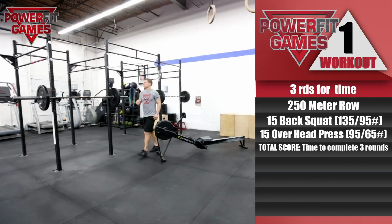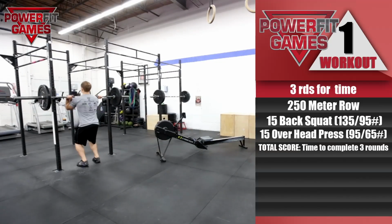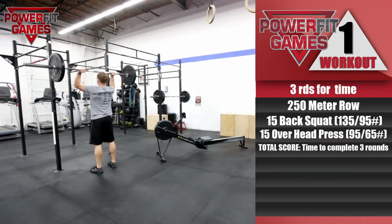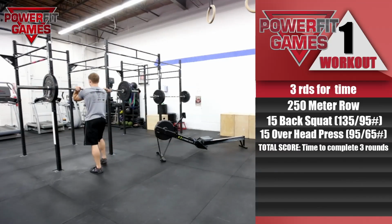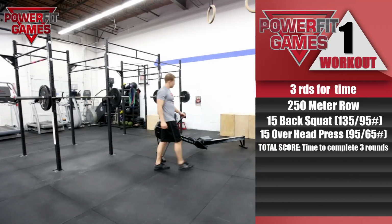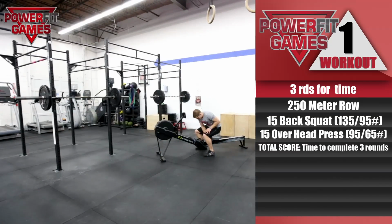In order for the 250-meter row to count, the athlete must reset the rower to 0 every time before beginning to row. The athlete must also remain strapped in and hands on the handles until the entire 250 meters is rowed. Score is total time to complete 3 rounds of the routine. There will be a 10-second penalty if the athlete takes their hands or feet off the rower before the designated